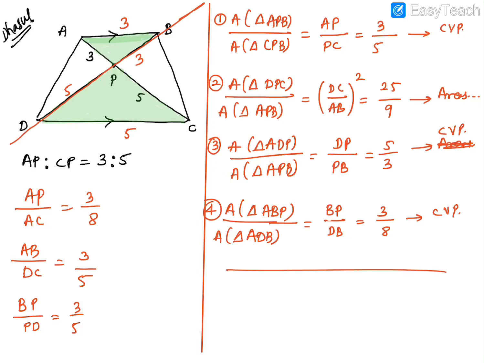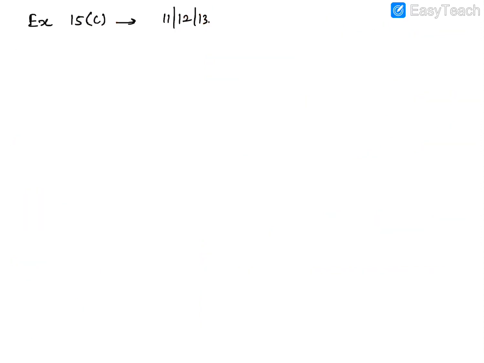Okay, so done guys, this one. Now guys, also you can try in the exercise 15C. You can try these problems 11, 12, 13. So they're also based on common vertex property. I think some of them are based on common vertex property. I think in 12th you don't have to use common vertex property. Okay, try it yourself. If you get these problems on your own, then you can consider that you've understood the common vertex property. Otherwise, do all these sums once again. Okay, so done.